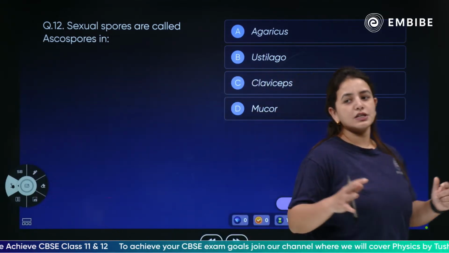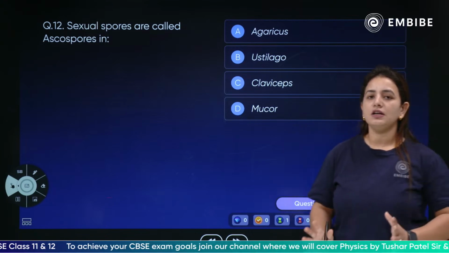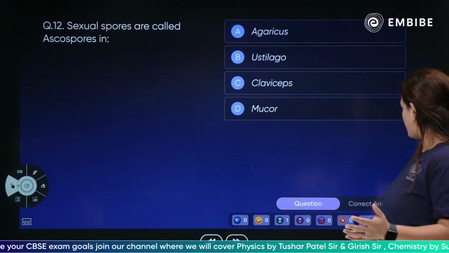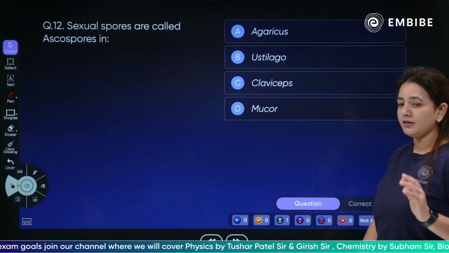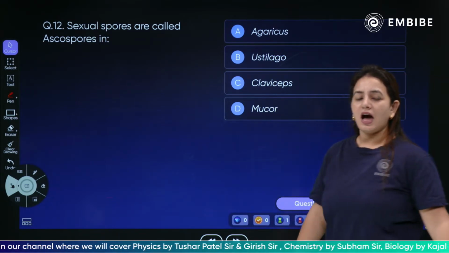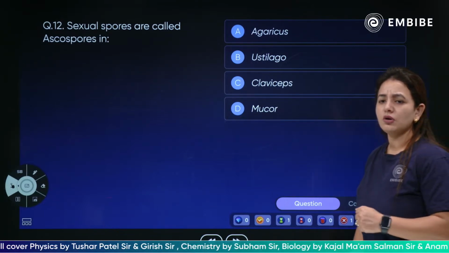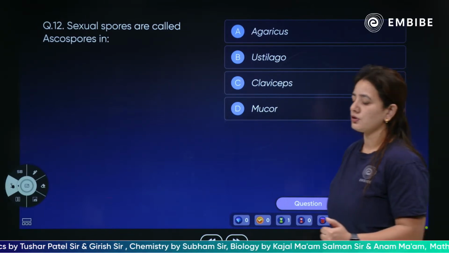The practice session is to practice a lot of questions. If you are going to answer slowly, how are we going to solve so many questions? So quickly answer, children, so that we can speed up the whole question answering process. These are short questions only. You should know the sexual spores are called ascospores in